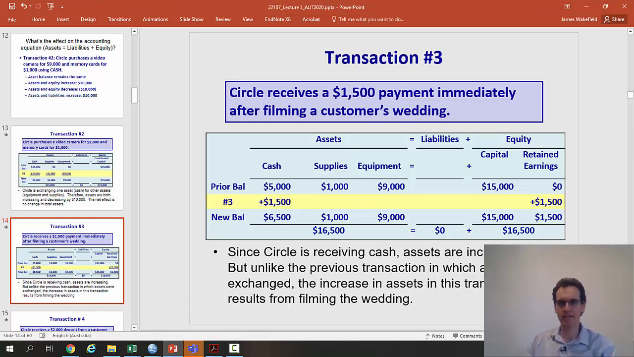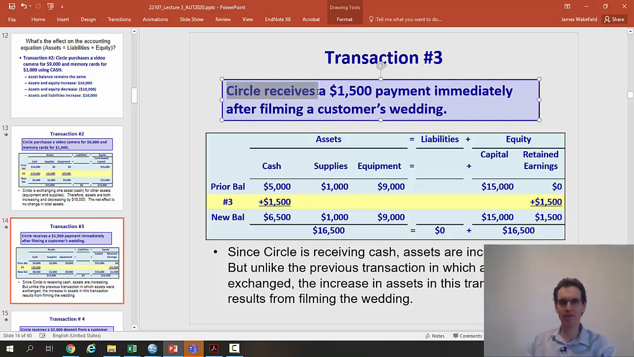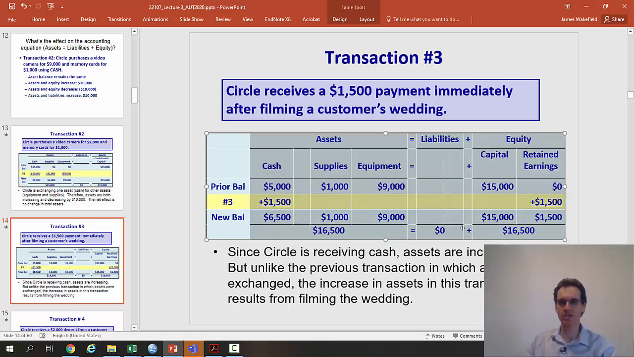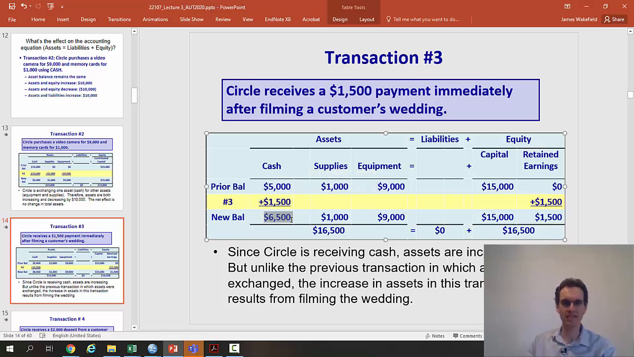Let's move on to transaction number 3. So in transaction 3, it says that Circle receives $1,500 payment immediately after filming a customer's wedding. So how does this affect the accounting equation? Well, how it affects the equation is in 2 ways. First, the assets are increasing because the business has received $1,500 in cash, right? So cash increases from $5,000 plus $1,500 to $6,500, which means that the total assets in sum, when you add cash to your supplies and equipment, equals